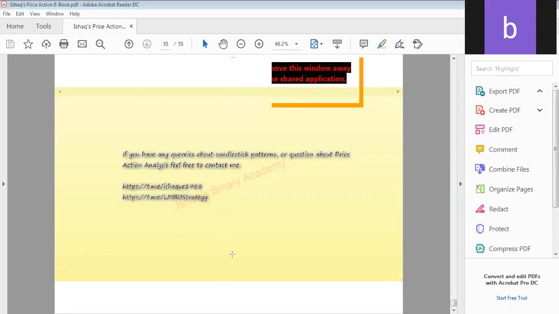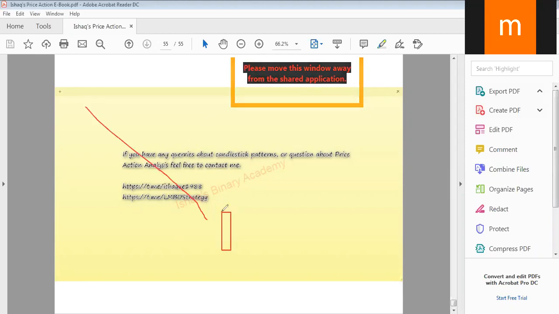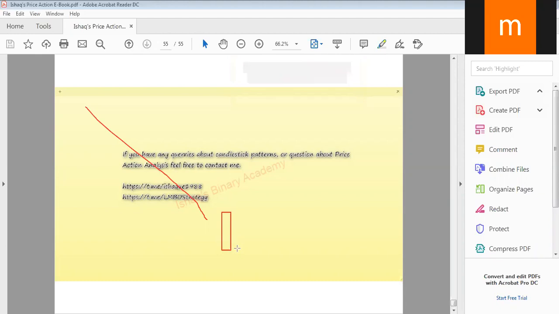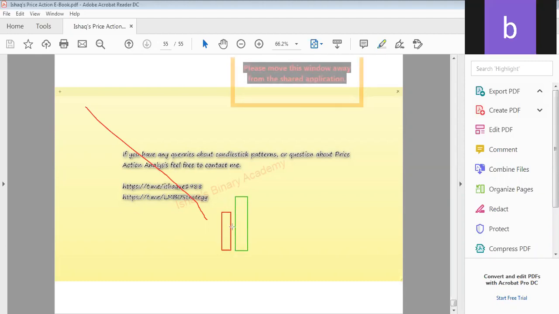Okay, so teacher, there is a candle. You are coming from the downtrend and you find a bearish candle. After this bearish candle, you found this candle. It makes sense that the bullish engulfing has now appeared. In the bullish engulfing, now you plot the levels. One level is the color change level, and another level is the opening price level.